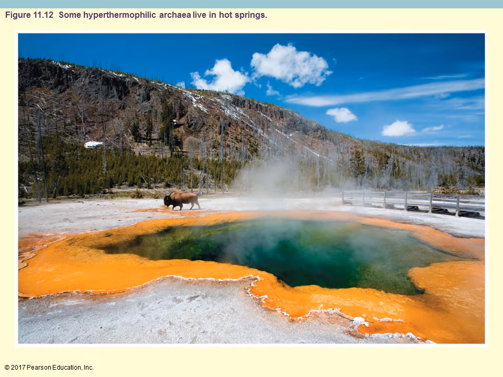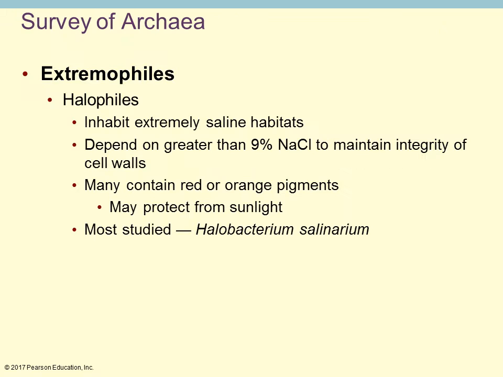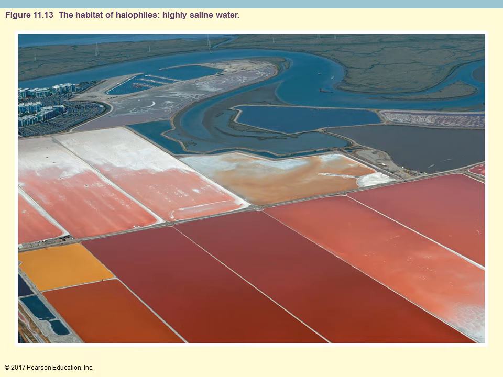So that is showing here some hyperthermophiles that are living in hot springs, as I said. All that yellowish orange, those are the archaea that are growing there. And then the halophiles, as I said, live in extremely high salt concentrations, sometimes even greater than 9% sodium chloride. Some of these contain pigments that help to protect them from the sunlight. Some of these have been studied more than others. This is showing a picture of some